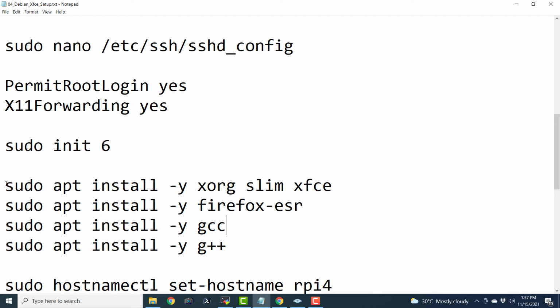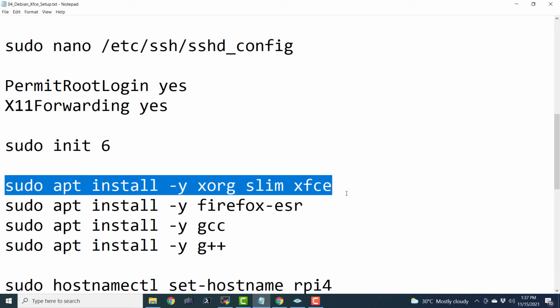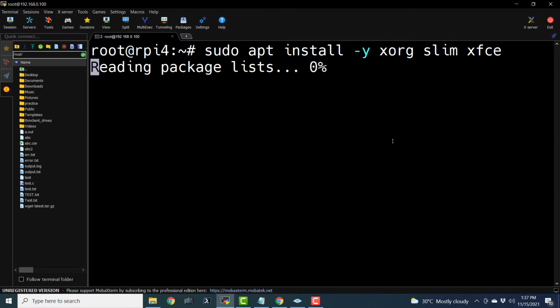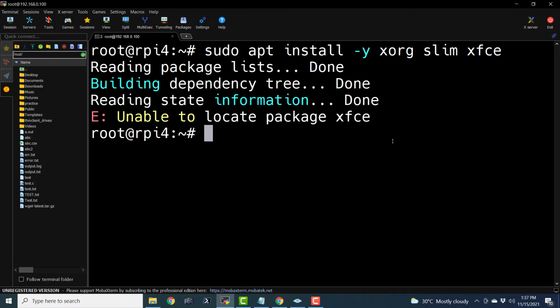This is a desktop environment for Linux. XFCE is the desktop environment for Linux and Unix-like operating systems like BSD. So I'm just going to copy this line, sudo apt install -y xorg slim xfce, and I'm going to paste it here. So it is going to go ahead and install.